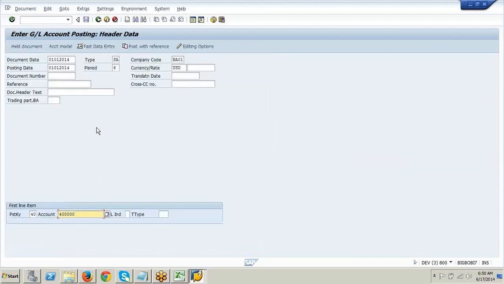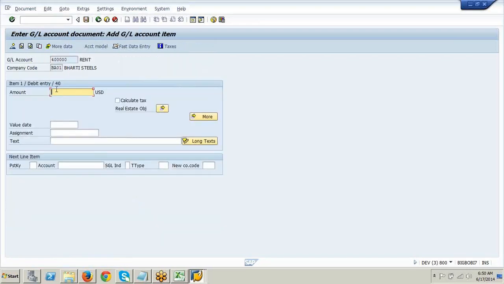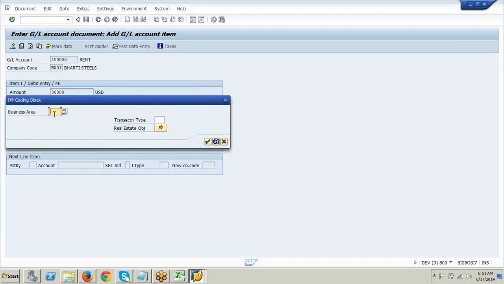Clear? Okay. So 4 series, see I'm giving, now I should be able to post. I'm posting here 50,000 rent. Value date. I'm just clicking on this more data. Can you see here this business area? So I'm giving my business area BA01. Continue.